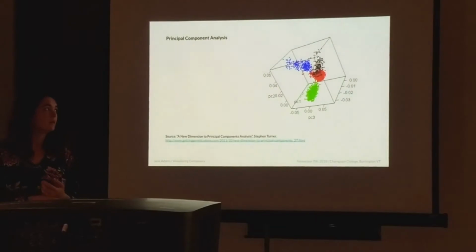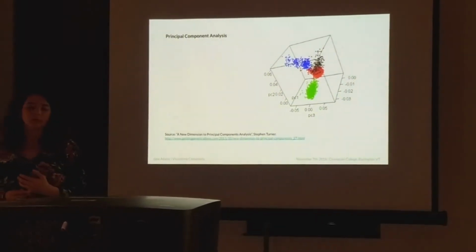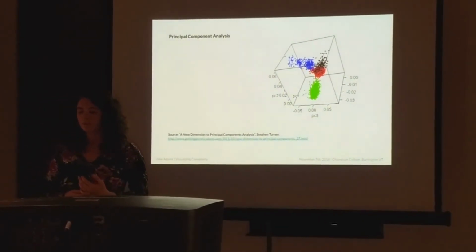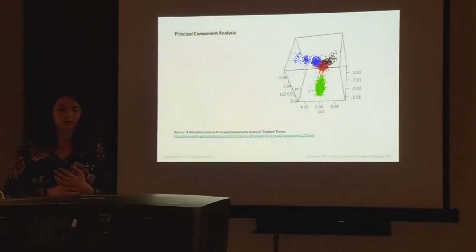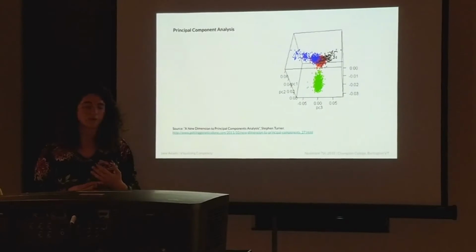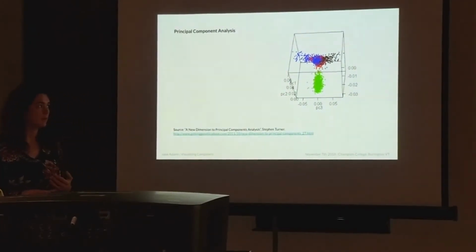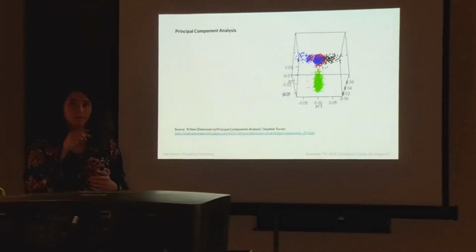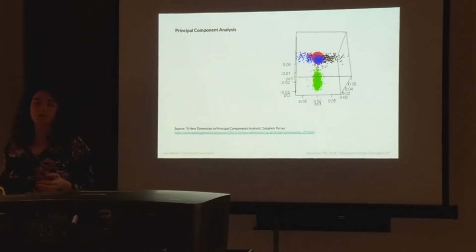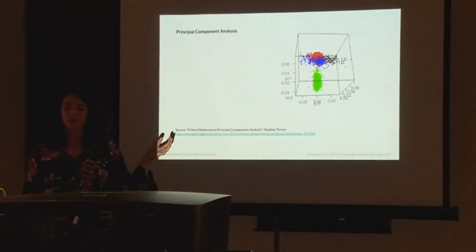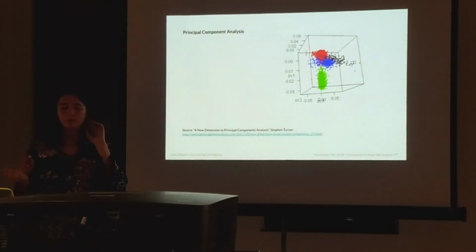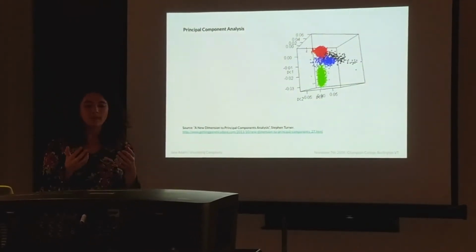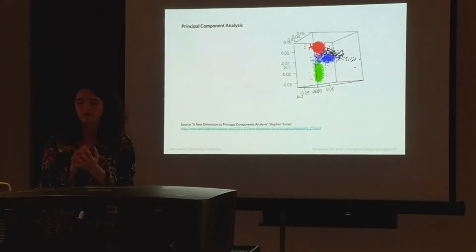When we have more than 2 or 3 variables, trying to visualize and cluster things can be challenging, so one strategy that people use is principal component analysis. This is where we take information, say we had that correlation matrix, and then we want to condense it down into a smaller graph.